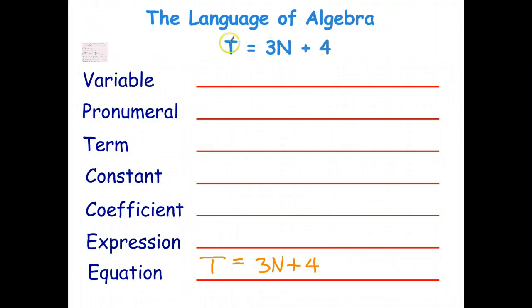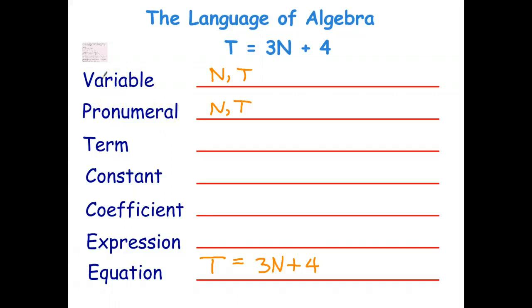Now variables are just letters that represent numbers. So in this case, we've got the letter n, we have the letter t. Those are the variables in the equation. Pronumeral is just another word for variable. It's a little bit old-fashioned, but every time you see the word pronumeral used in a textbook, it just means variable. So the pronumerals are also n